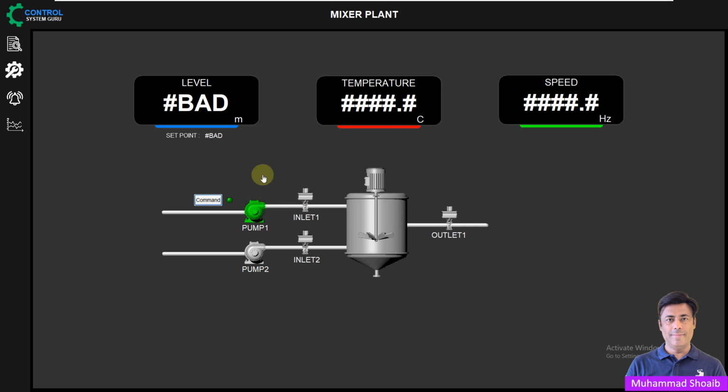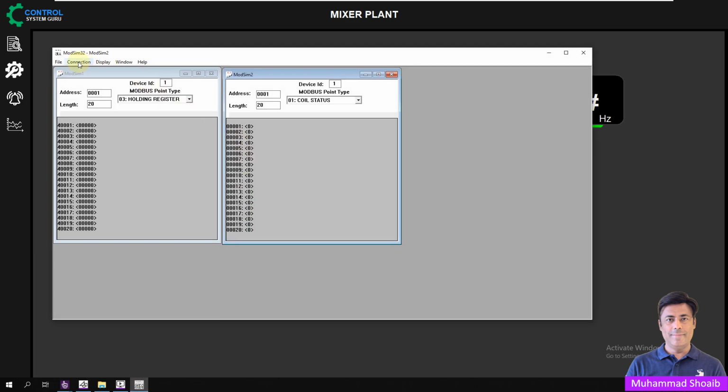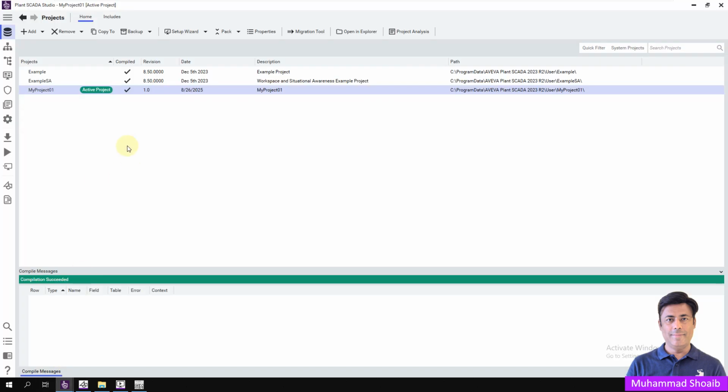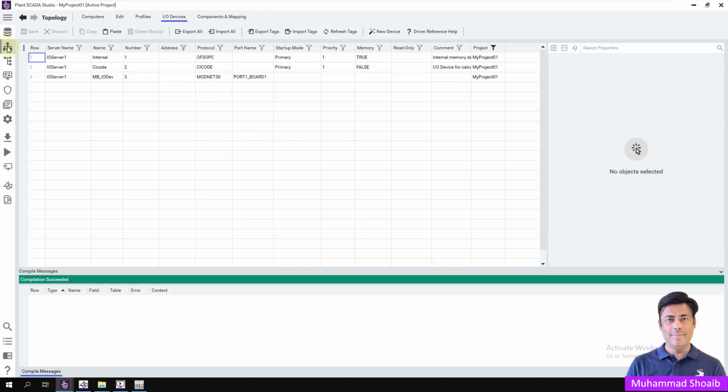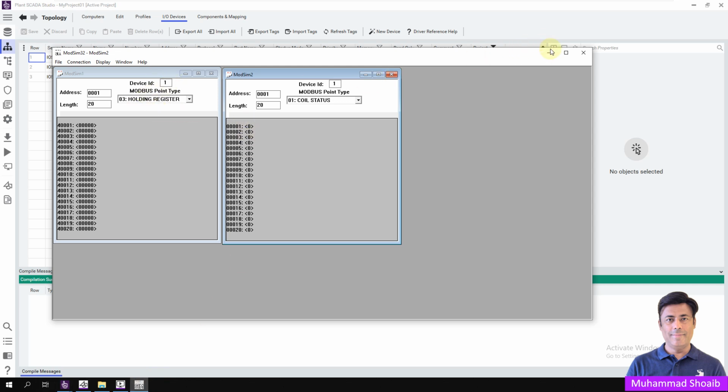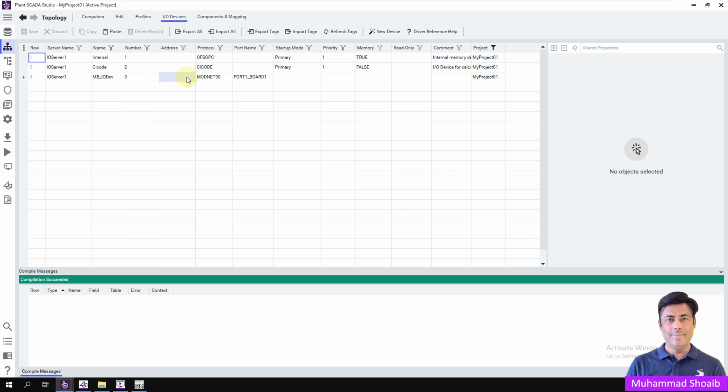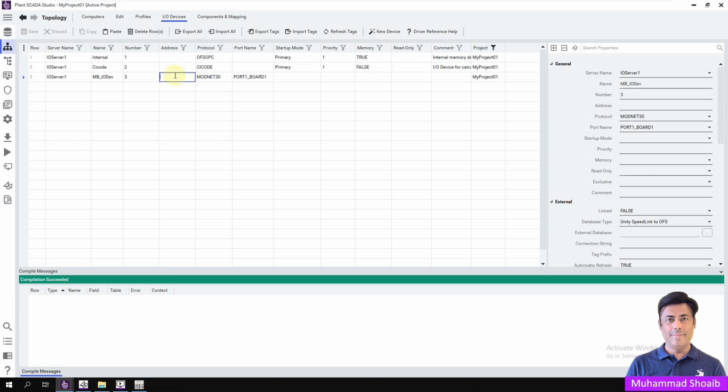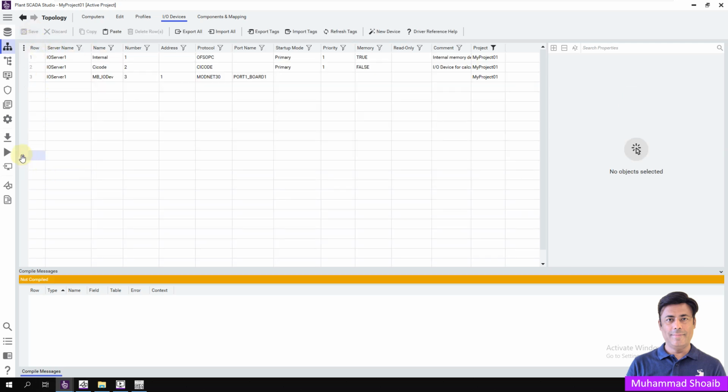Here you can see I'm not able to communicate, it's showing the bad. So let me check my Modbus server is running and healthy. So I will go back here. I intentionally made this mistake because here we are configuring the Modbus address and here you can see the device ID is there. If you do not configure the device ID, you will get such communication issues. So I will put it here, the one device ID, save it and recompile the project